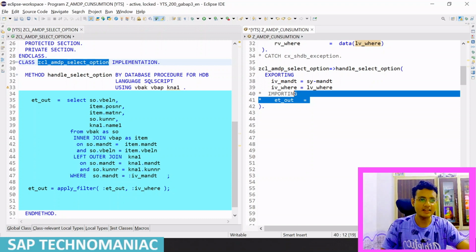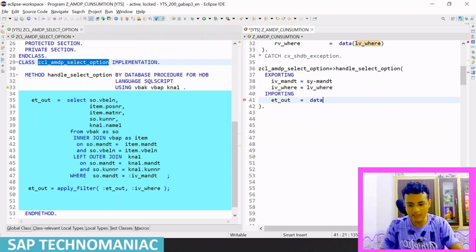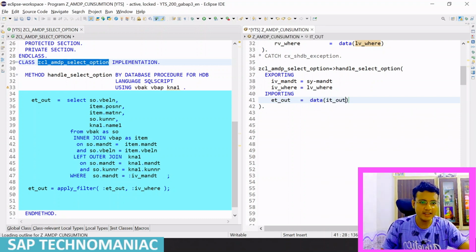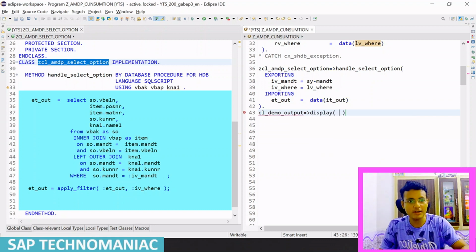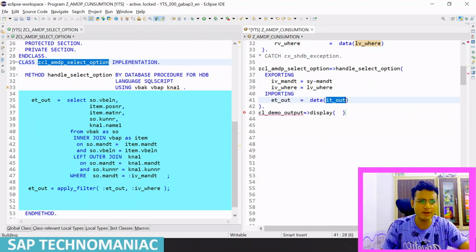This is the string format, and you can get the data in IT_out, and you can display whatever data you are finally getting using the CL demo output handler class. So this is again important, cl_demo_output, control space you can do, and you can display, control space, this it_output. This is very quick. Control C, control V,